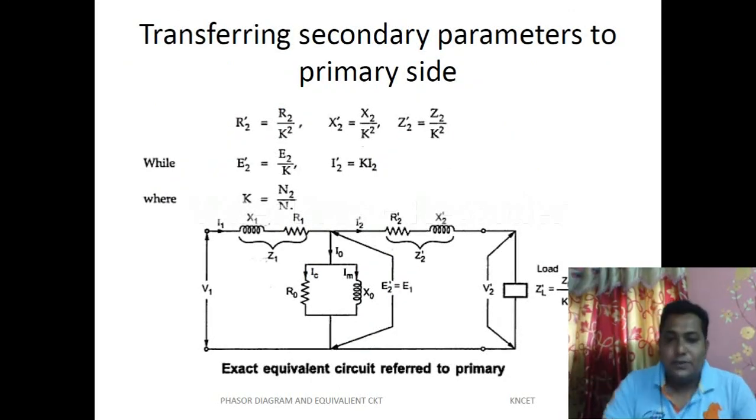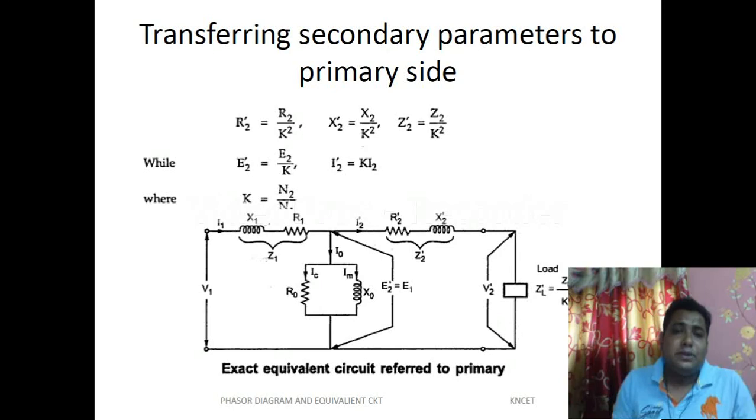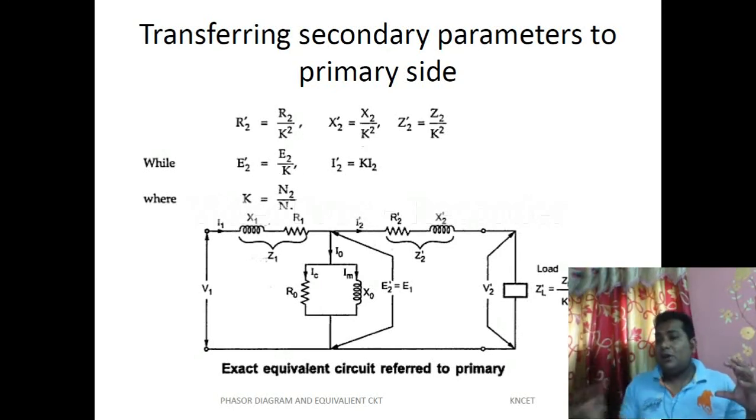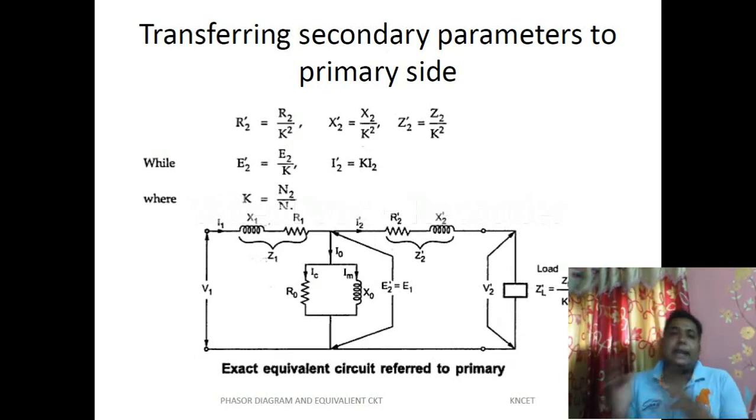And one important thing is that we have referred the secondary parameters to the primary side. If the two circuits are not connected electrically, but are connected in a magnetic manner, then we cannot do any mathematical calculation. To do any mathematical calculation, we have to transfer the primary to the secondary or the secondary to the primary, so that both are on the same platform, and we can use mathematical calculation to simplify the circuit. So that's why we can refer the secondary side of the system to the primary side. And there is an